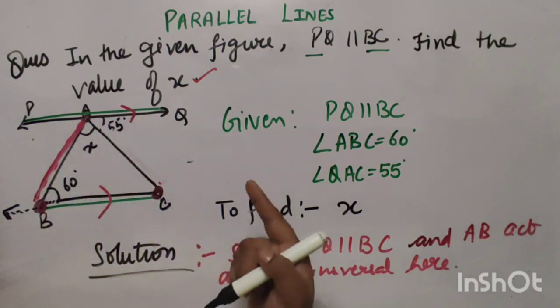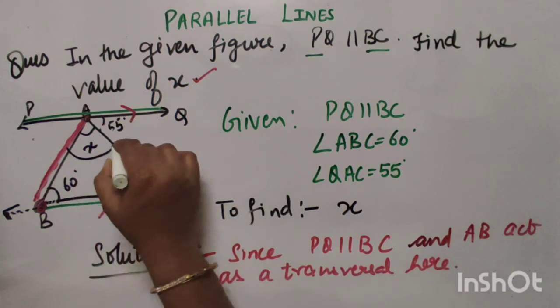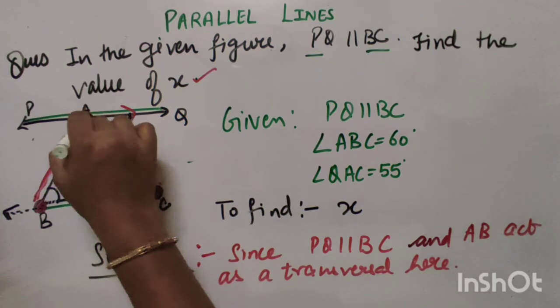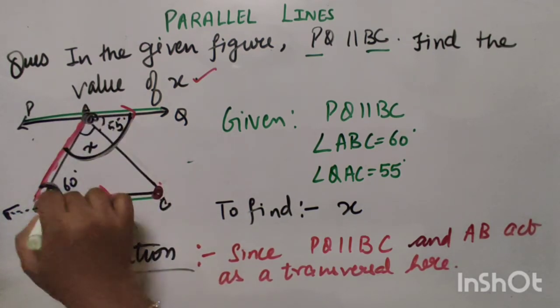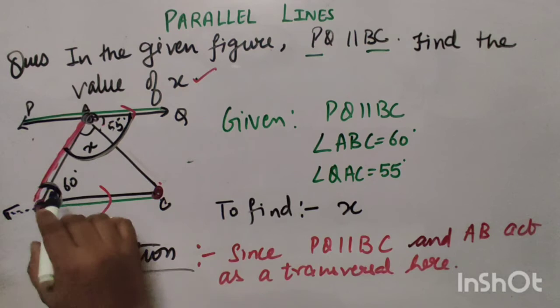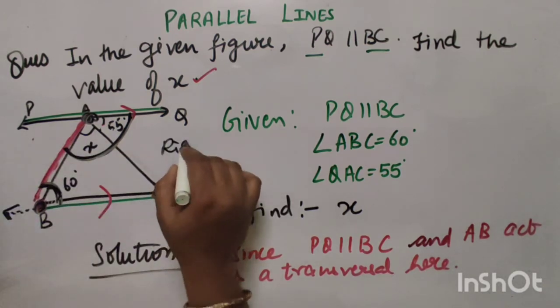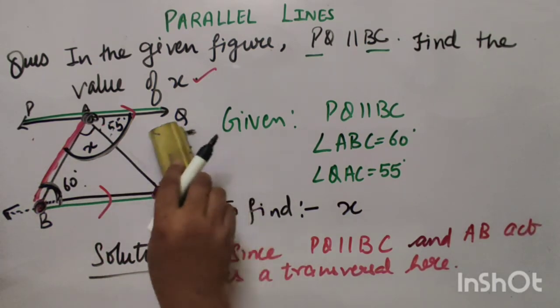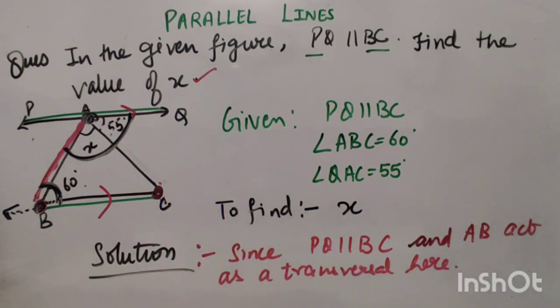So what type of angles are those? Just recall all the types of angles. This is one angle which is formed at this parallel side. It is another angle which is forming at this parallel side. They both are at the right side of the transversal. They both are interior angles. So which type of angle they are making, that we have to figure out. I hope you all have figured out correctly. The concept they are making is co-interior angles. Yes, these are co-interior angles.